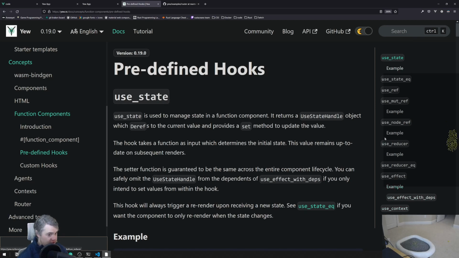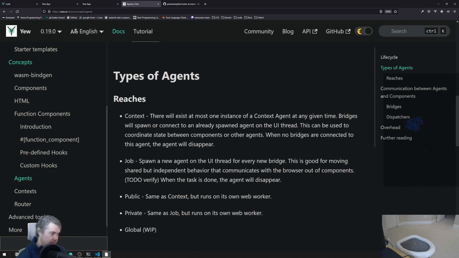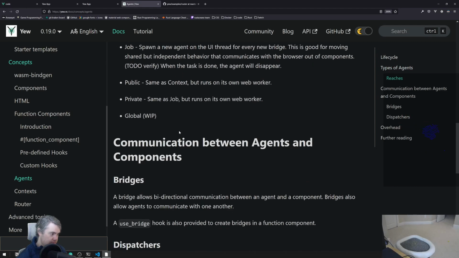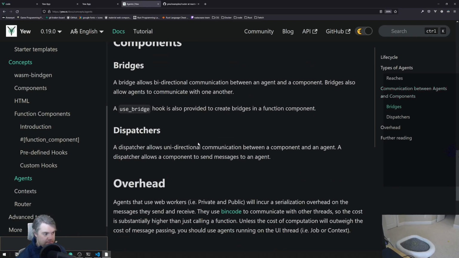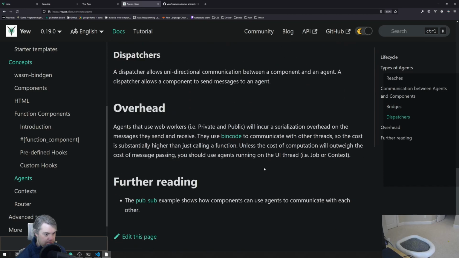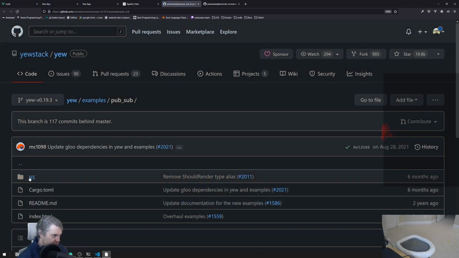There is no use bridge. We found that out yesterday when we had briefly looked at this, is that the documentation is a little bit wrong here. I can't actually, that doesn't exist. Use bridge doesn't exist. Oh, with this pub sub, okay,